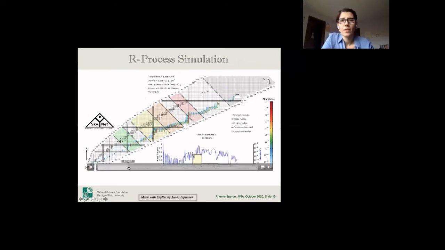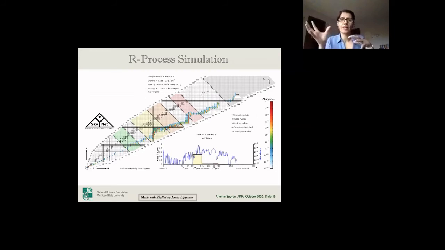There you go. So you see these lines, horizontal and vertical lines that are shown on the chart of nuclei. These are important lines. This is what we call magic numbers. Nuclei which have that number of neutrons and that number of protons actually are more stable than their neighbors. And so when the flow of matter in the star goes through those particular numbers, then it kind of stalls. It just likes to stay there. It doesn't like to add more neutrons or decay or do anything. It just likes to stay there.